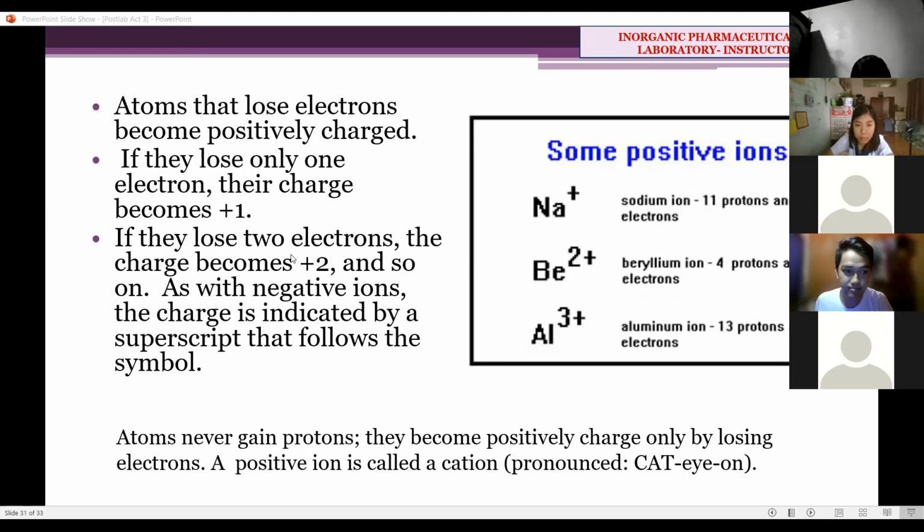So the other way around, ang kabaliktaran niya, we call it cation, meaning positively charged. Ang mga element nga nag-lose og electron, nakuhaan sila og electron mao na mas daghan ilahang proton, mahimo sila positively charged. We call it cation. So depende pa kung pila ilahang na-lose nga electron, mao na ilahang charge class. Kung isa lang, so positive 1. Kung duha, positive 2.